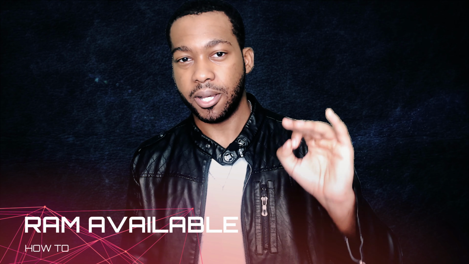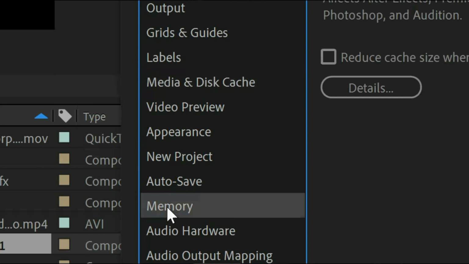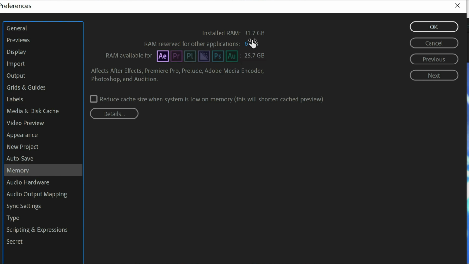In the Memory tab, you'll see that After Effects is reserving a particular amount of RAM power for itself and leaving the rest of the programs on your computer with the amount highlighted in blue. If you're running multiple programs as you're running After Effects, you'll want to increase the highlighted numbers so that they can run just as smoothly, but since we're trying to speed up After Effects, you can drop the reserve number by 1 or 2, which will increase the available RAM for After Effects and any other Adobe program running simultaneously.